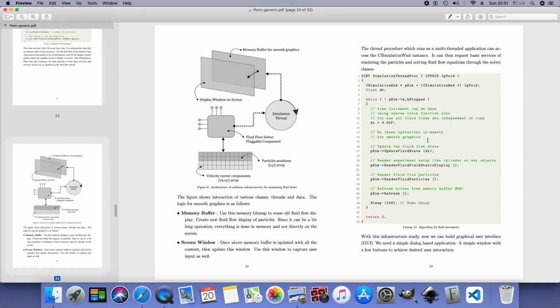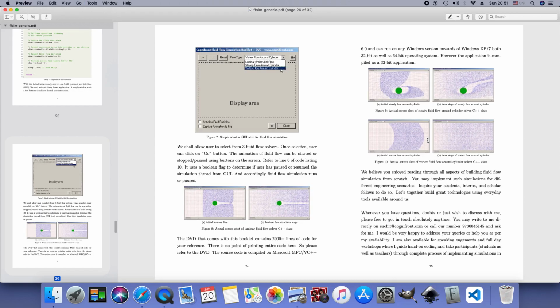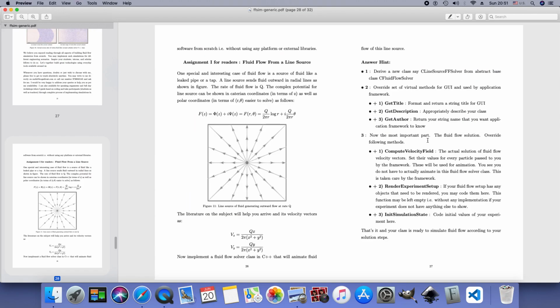So the double buffering system for smooth graphics, especially if you are implementing it on DOS or Windows or Unix natively, you will find this useful, because it is the most advanced and very sophisticated technique commonly used now in games and applications. Double buffering has been explained, and the code is also given. Then how all the fluid flows render on the screen, all those examples are explained in the booklet.